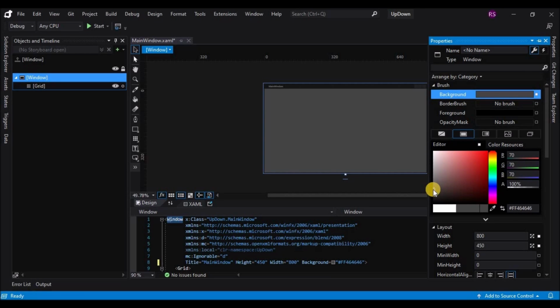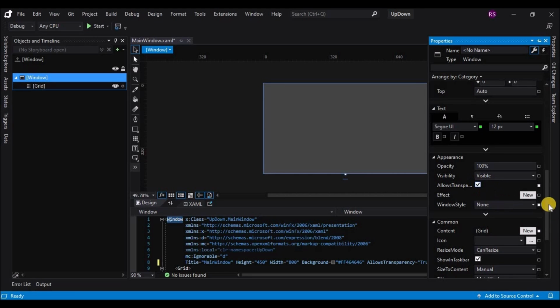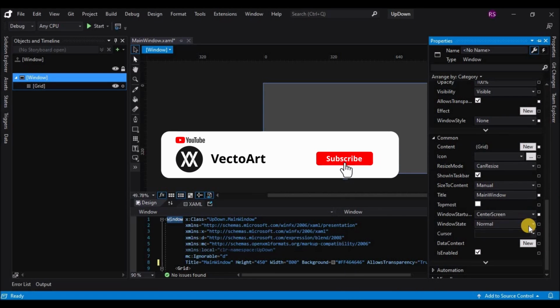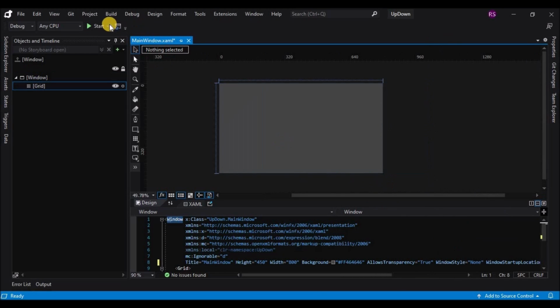And then I will make this window borderless by changing the allow transparency checkbox and setting the window startup location to center screen and window state to maximized. So if I run this application now, you will see that the window is completely maximized. This is again as per your needs. I'm just doing it for demonstration purpose.